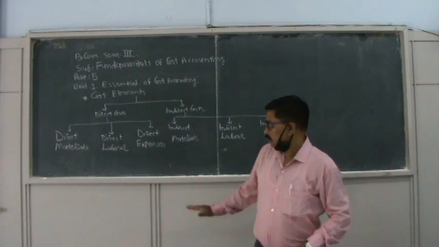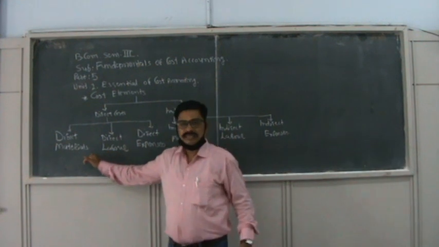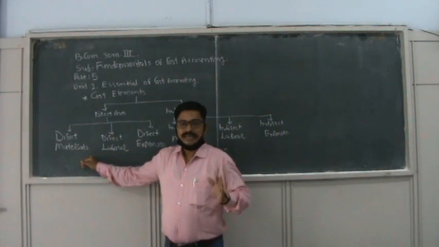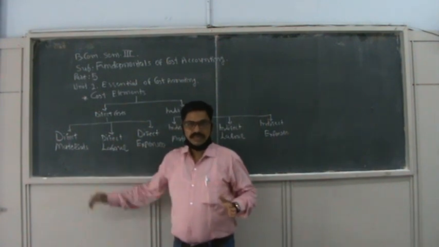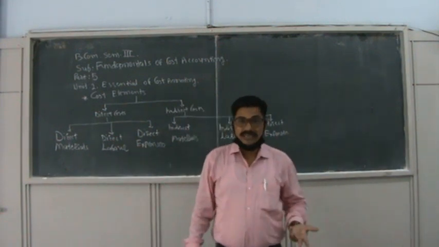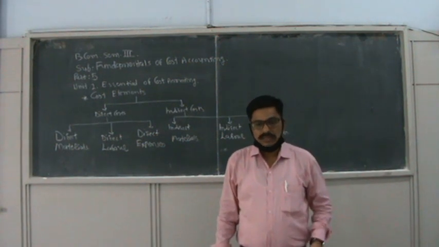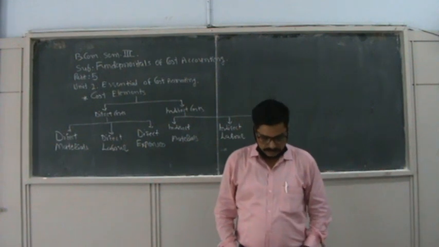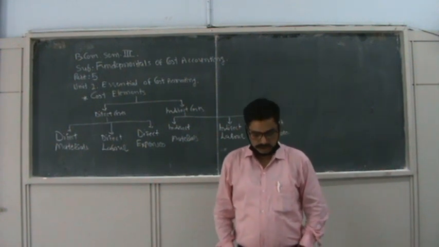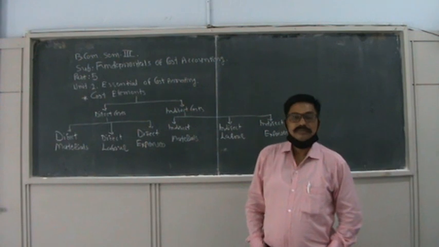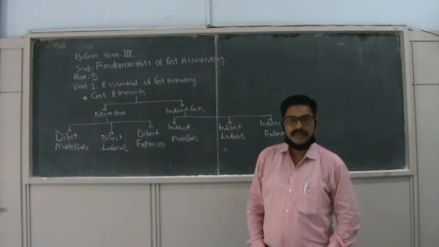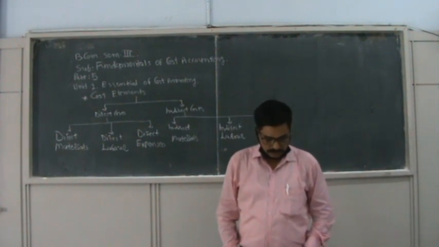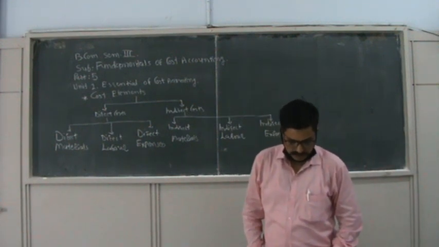So in short we can say direct materials means the materials which are directly related with the production. Without materials, we can't do production. So here we have discussed some examples: clay in bricks, leather in shoes, steel in machines, cloth in ready-made garments, timber in furniture. These are examples of direct materials.